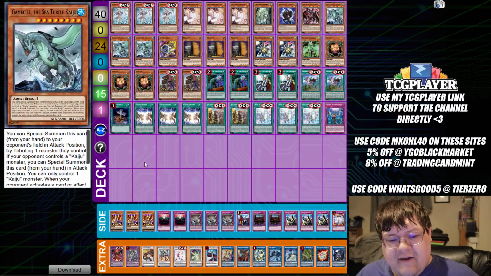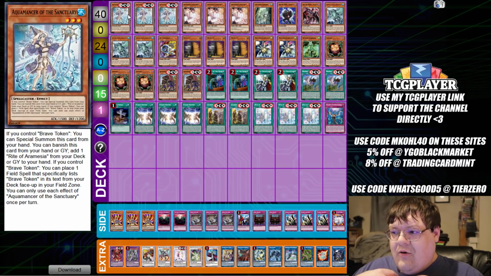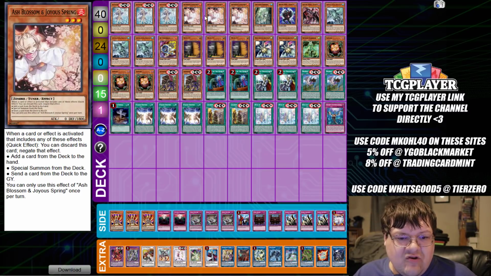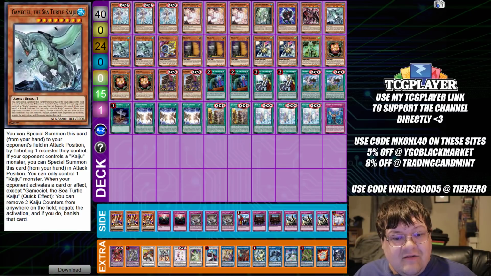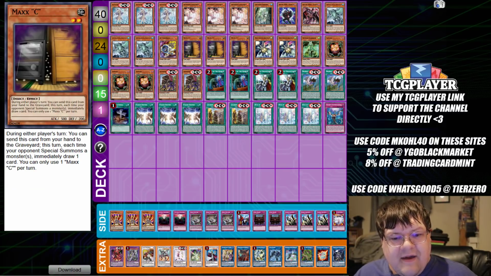And the last list we have here is basically Brave Toolbox at the end of the day. Basically the old concept of the old best Toolbox turbo deck. So this is good stuff. So we have triple copies of Aquamancer, triple copies of Ash Blossom and Joyous Spring, 1 copy of Arborea, 1 copy of Celestial, 1 Plasma, triple copies of Gamma Seal, 1 copy of Jet Synchron, triple copies of Maxi,